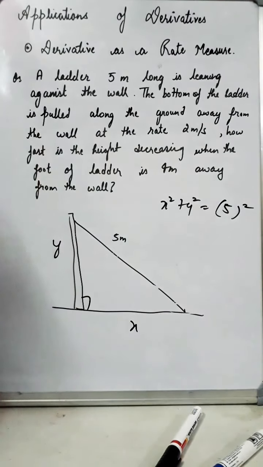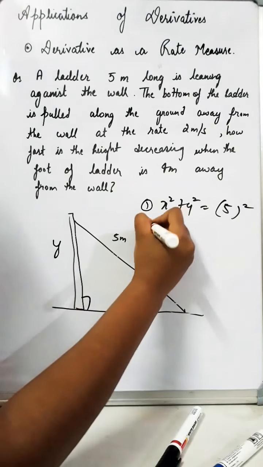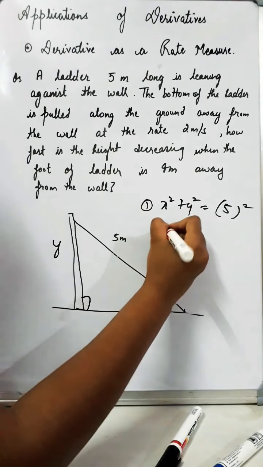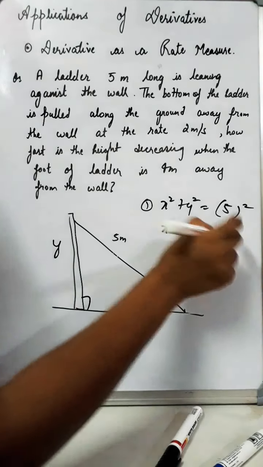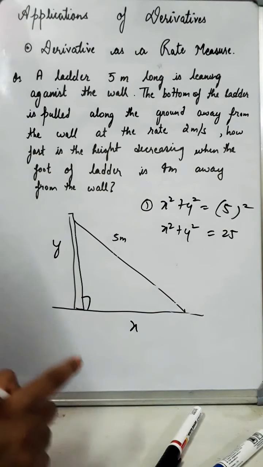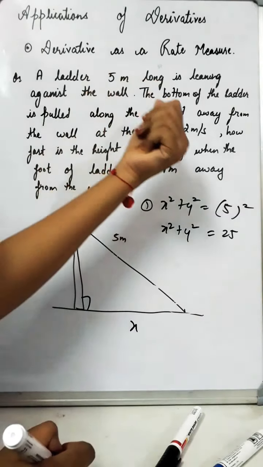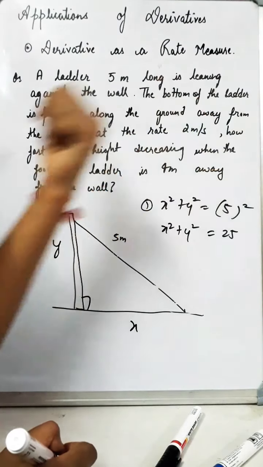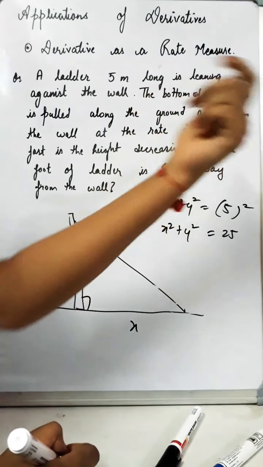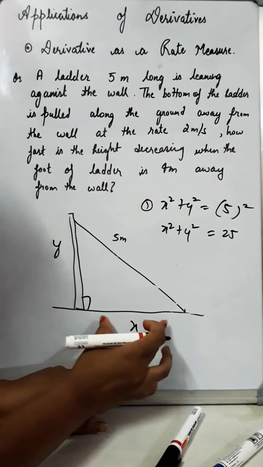ठीक है. So one equation that you get from here is very basic thing that you understand is x square plus y square is equal to 25. Now what is given in the question? The bottom of the ladder is pulled along the ground away from the wall at the rate 2 meter per second. मतलब ये जो यहाँ से